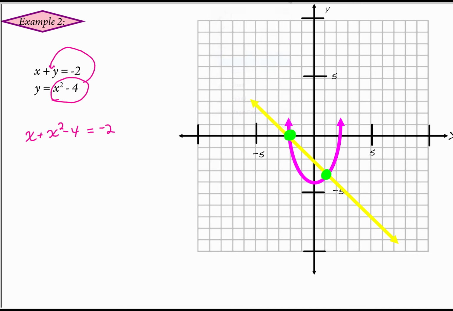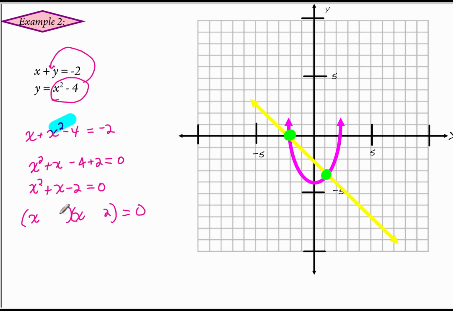Oh, great. I have a squared. Every time I see a squared, I have to train my brain. I'm going to have to set equal to 0 and factor. So x squared plus x minus 4, bring that 2 over as a plus 2. X squared plus x minus 2 equals 0. Factor! It ain't going anywhere, people. That's x and x. It's a 2 and a 1 is the only way I'm going to get a 2. I need it to be a positive 1 in the middle, so that means the 2's got to carry the negative sign. And when I set equal to 0,